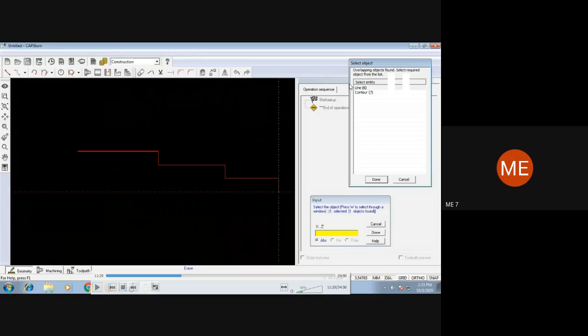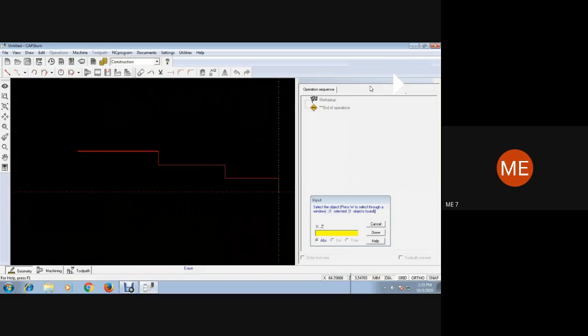So here it will ask whether the entire contour or a particular line. So you can select suitably. If I want to delete only a particular line, you can choose the option line and click on done.